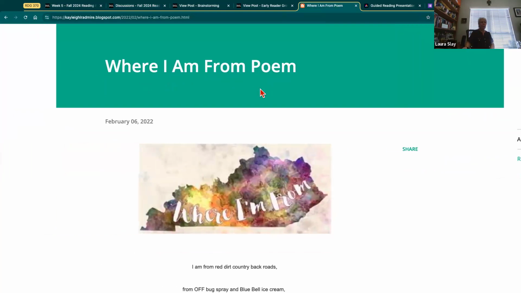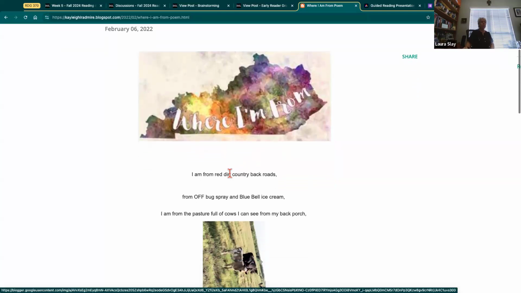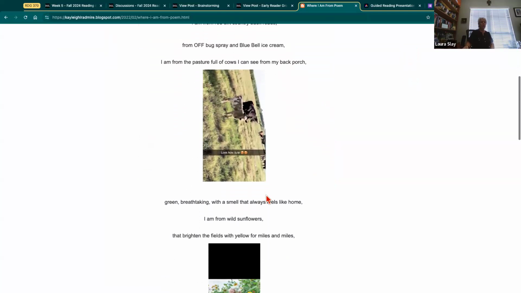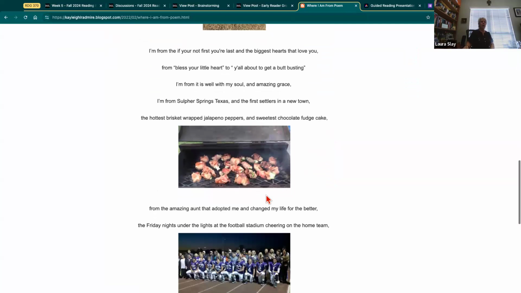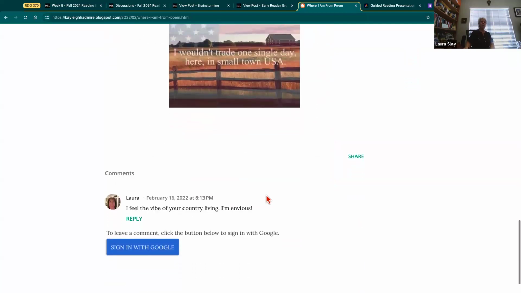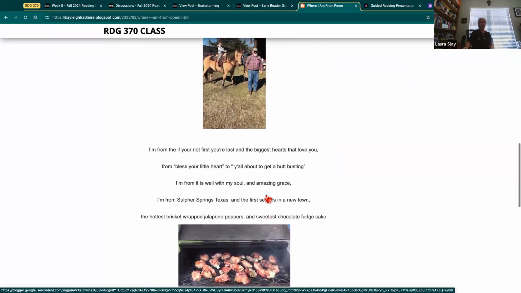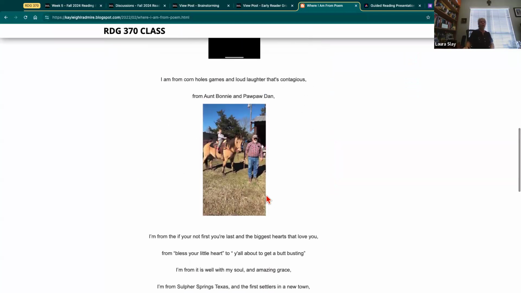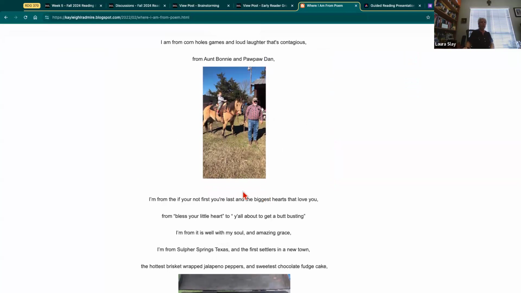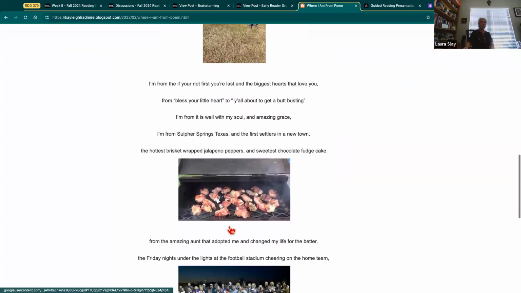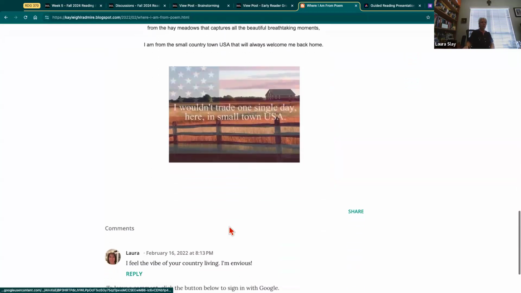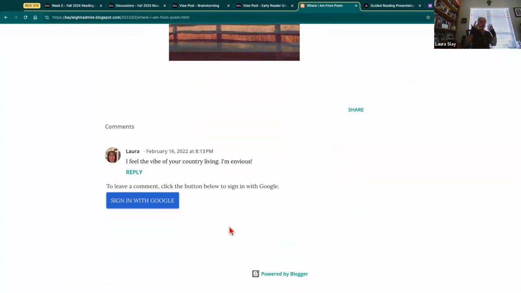And she has a title image, which is beautiful. She has her poem broken out several different ways. I do ask you to include at least 3 images in your blog post. So you want to support it with other content as well, things that represent what you have written in your post. I'm just trying to share the format that you have.